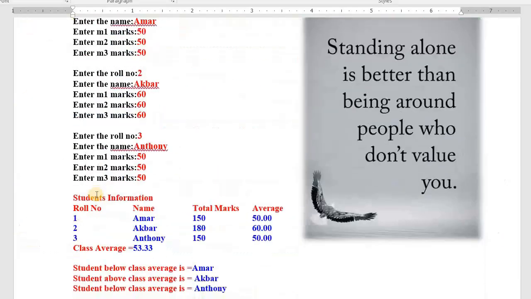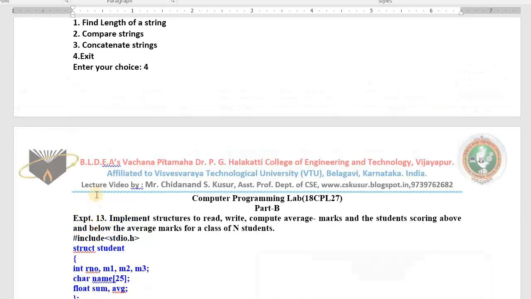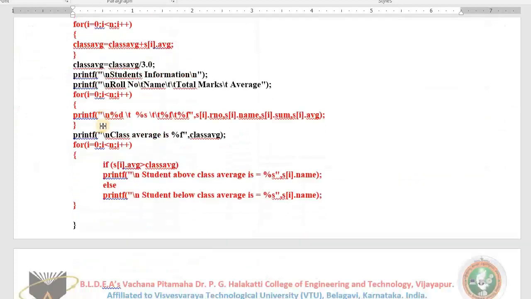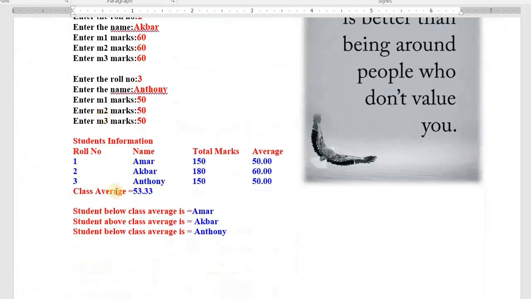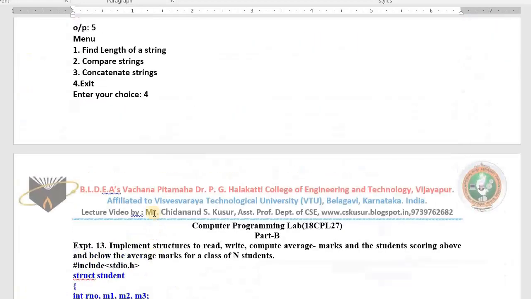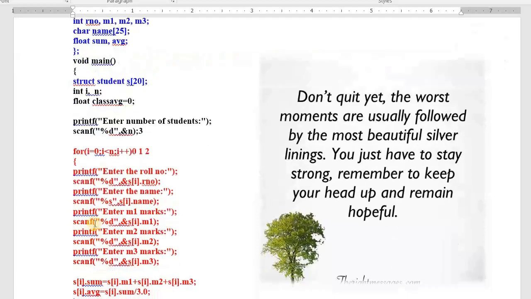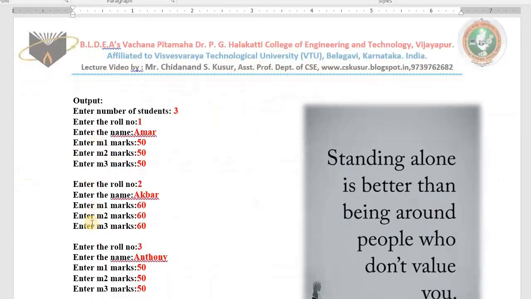In the journal or observation notebook, what you have to do: write the experiment objective in one page. In the next page write the program. In the next new page write a minimum of one output. Even if you write two outputs, that is also appreciated. How to write everything in the journal or observation notebook, I explain you slowly. First, in a new page write the experiment, in a ruled page, or an A4 size ruled notebook. In the new page start writing the program. In the new page only write the output.